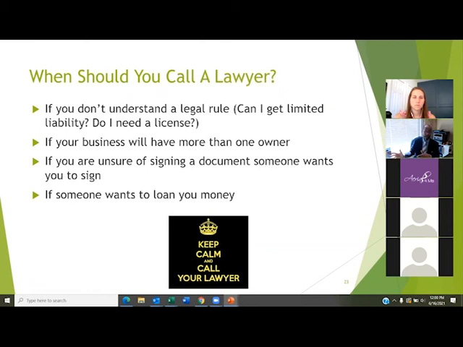Some of the other issues we talked about with insurance and taxes and everything like that, those are accountant questions, and you should absolutely also engage with an accountant. And again, if you have more than yourself, a lawyer can certainly sit down with the both of you and make sure that we put together an operating agreement that you both can agree to, and have it signed properly, and making sure that there's